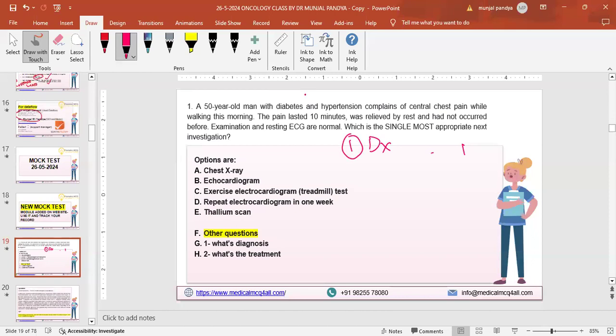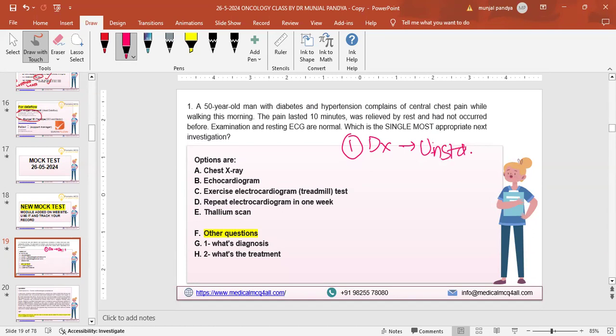Diagnosis: unstable angina, or maybe NSTEMI. Okay, so to be more specific, what's the first preference, NSTEMI or unstable angina? Read it once again; we are not in a hurry. Unstable angina, not NSTEMI. Unstable angina. Okay, let me go one by one. Let me finish with Iram, then I will get back to you.